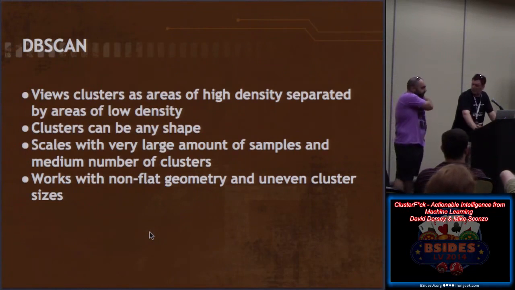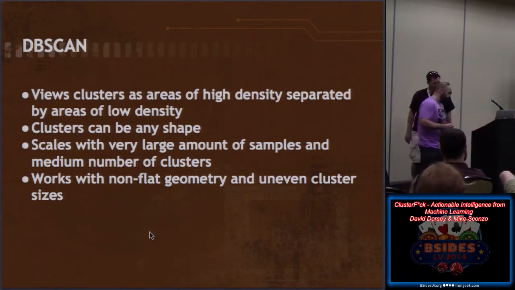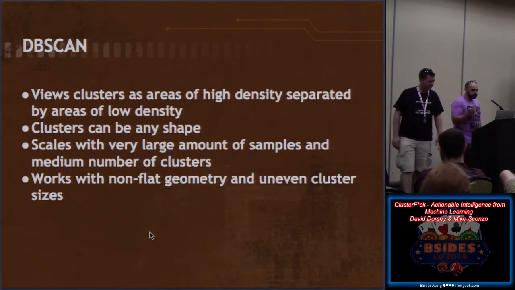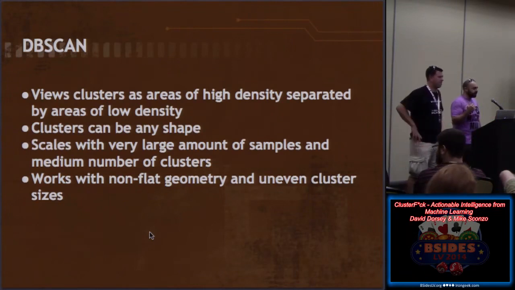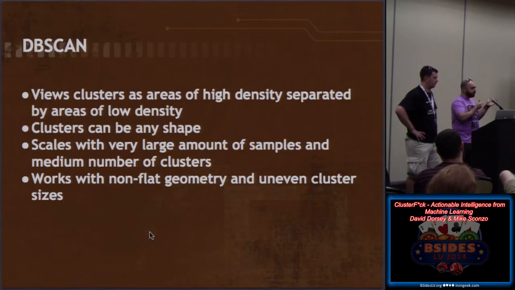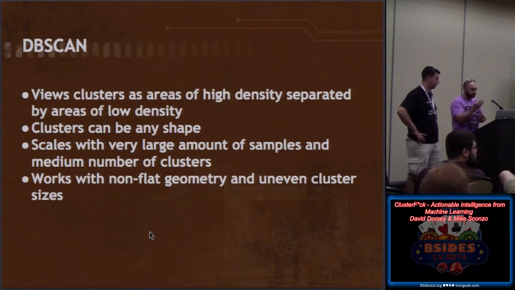One thing to note about DBSCAN: we used scikit-learn's implementation. It has a really nice feature where you give it the number of samples you want per cluster, and if it doesn't meet that, it will say all of these samples are unlabeled, which makes a lot of sense if you're looking at files. You would expect that there's a fair amount of files that are similar to one another, but you'll have this tail of one and two off files. So for all of our work, we said unless there are three files in a cluster, we're not interested in labeling it.